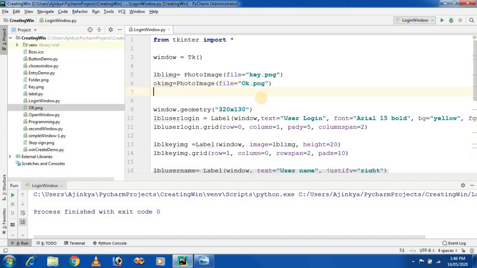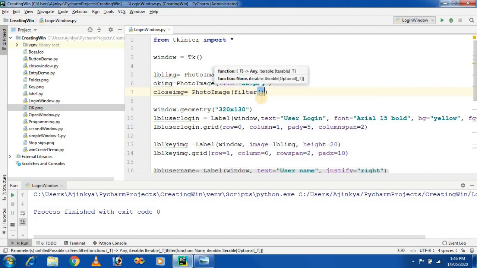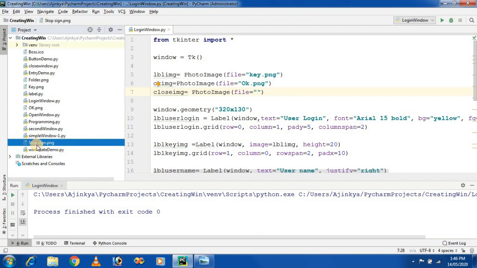For the close button, I am taking another image named close_image. So PhotoImage requires a file, and the name is stop-sign.png. These images are already present in my working directory. So I am taking two images, OK for the login button, and close, this will display on the close button.